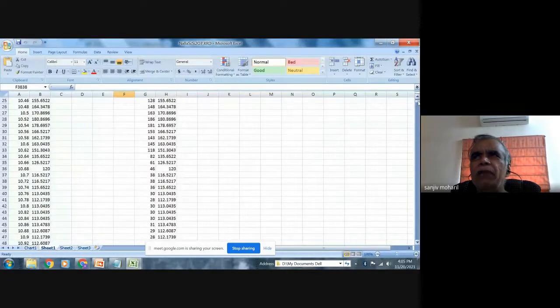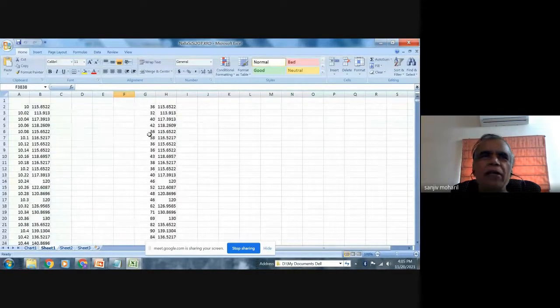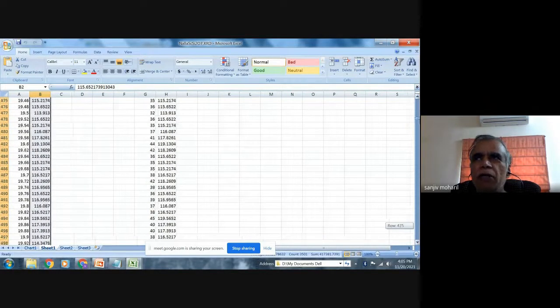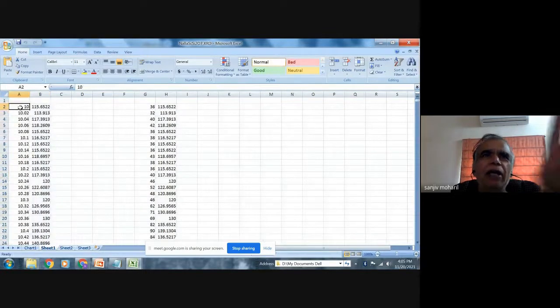Whatever data I obtained from the XRD was a sort of text file. I just copied it and pasted it in Excel. This data is quite huge, some 3,500 readings, and all this data was given to us. Here, this is the angle and this is the intensity.